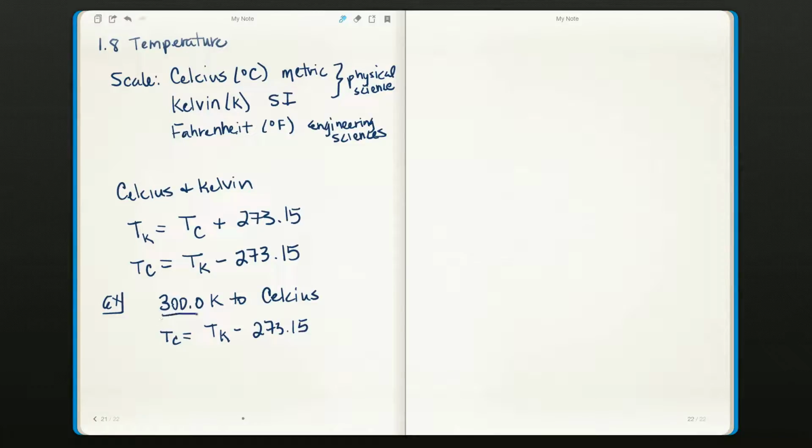So if we plug our number in, temperature in Celsius equals 300.0 minus 273.15. And if we do that math and solve, we get